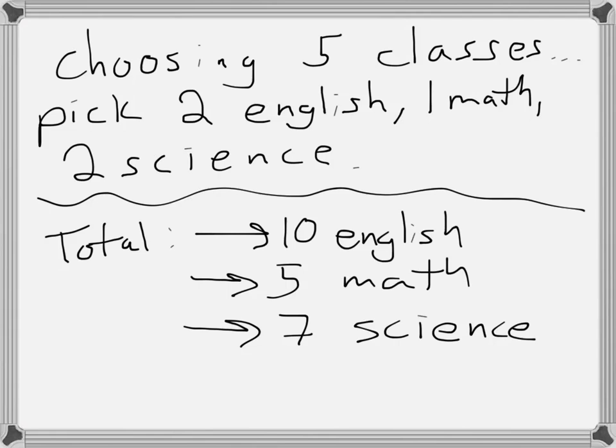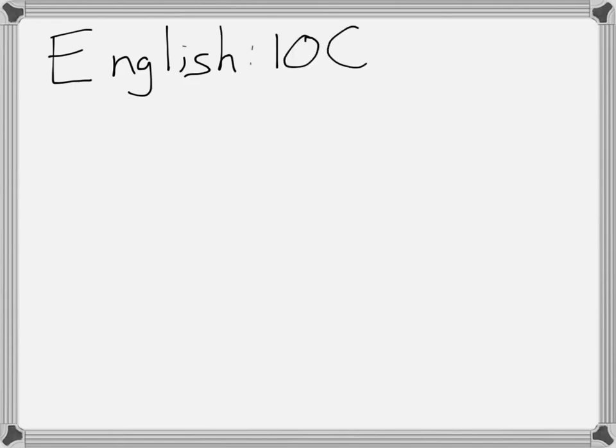So this is a bit of a tricky problem. We're going to combine a couple of different elements here together. Pause your video, try to answer to the best of your ability. Alright, so let's consider these individually. So the number of ways you can choose your English class is 10 choose 2. The number of ways you can choose your math